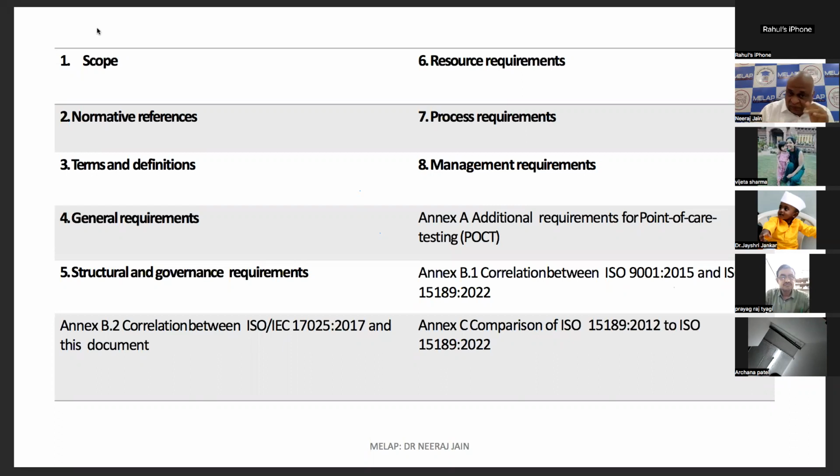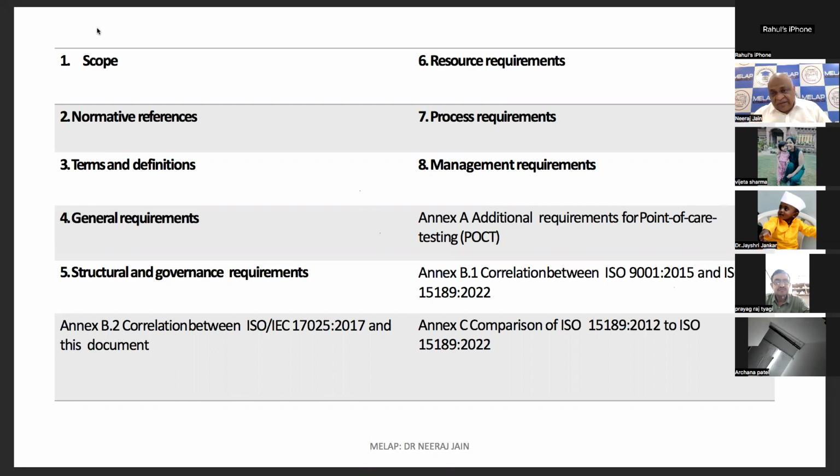What I will suggest to all of you, when you are reading this 15189:2022, read it as an independent edition, as if you are reading it for the first time. Try to understand the requirements of this 2022. Don't start comparing it with the 2012, otherwise you will get confused. First, understand this. Okay, it is asking about advisory activities under clause 5.3.3. It is asking about personnel under clause 6.2. First, understand the requirement, develop concepts in your mind, then start comparing with the 2012.